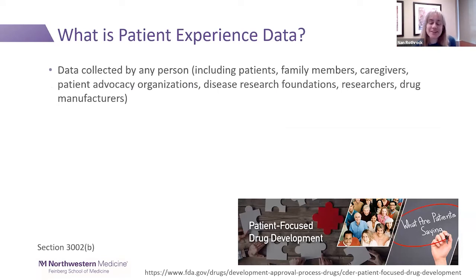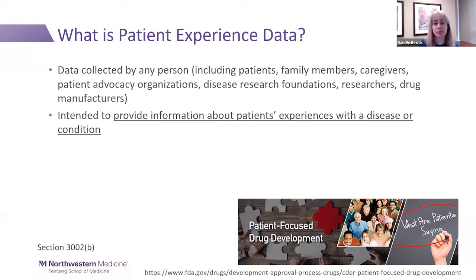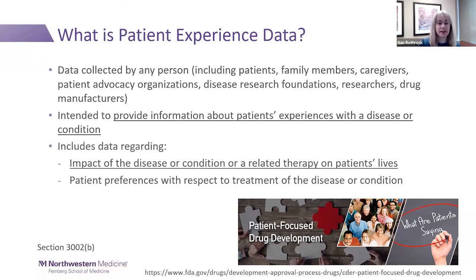So what is patient experience data? Patient experience data is data collected by any person that includes patients, but also family members, caregivers, patient advocacy organizations, disease research foundations, researchers, and drug manufacturers. That data is intended to provide information about patients' experiences with a disease or a condition, and it can include data regarding the impact of the disease or condition or a related therapy on patients' lives. It can also include patient preferences with respect to treatment of the disease or condition. So in this way, patient-reported outcome measures are becoming more central to how the FDA is